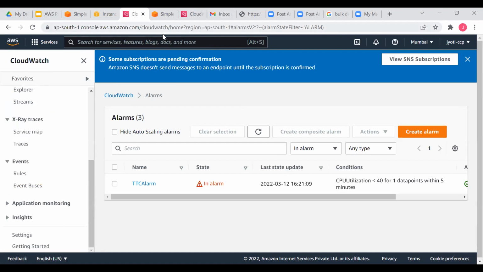Okay. So the next demo which we are going to do is, now that we leverage our CloudWatch for monitoring CPU, network, and disk. Okay. Now you can also